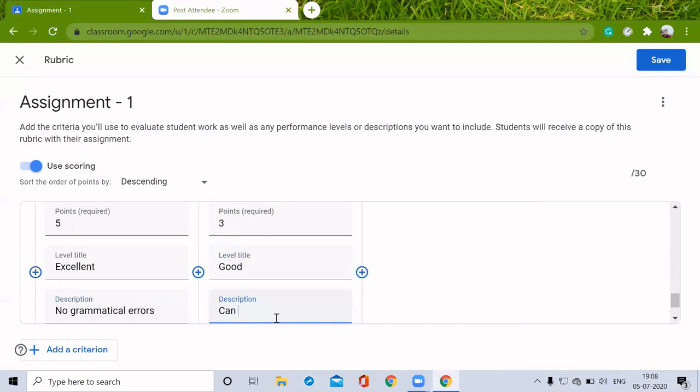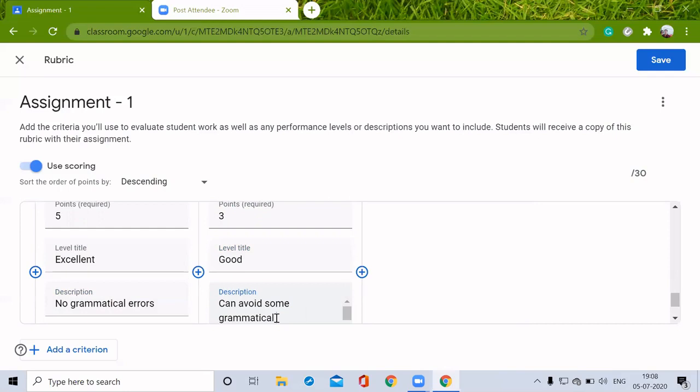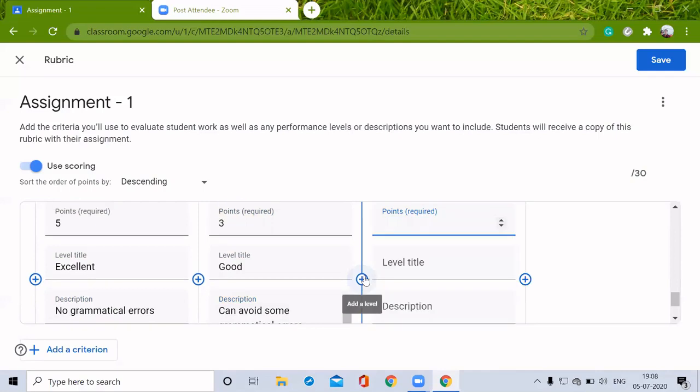Can avoid some grammatical errors. And in level 3, I'm just giving 2 marks. Need to improve your grammar.